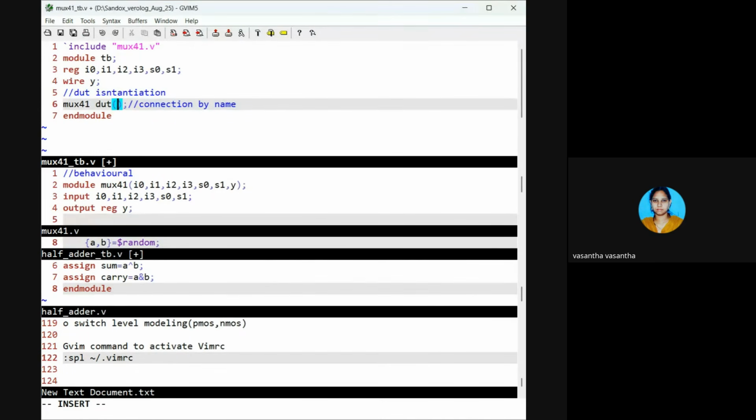If it is a smaller design, it is very easy to remember. Four, five inputs are there and one output. It is easy to remember. But whenever you go to the industry, there are multiple inputs and big designs you are checking. So at that time, industry will prefer the connection by name only rather than the connection by position. So now,